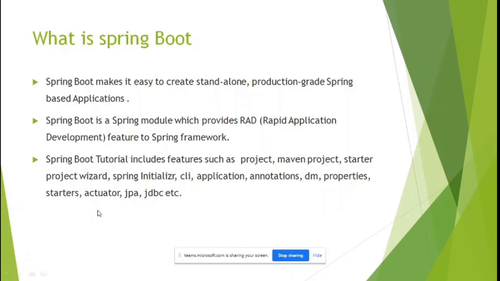And Spring Boot provides another feature called actuator. It means when your application is running on a server, you want to check the metrics of the application, the health of the application, how it is working, and what is the utilization of the threads in a server, and what is the status of your application. You can trace it when it is under execution. Such health-grade, production-grade features we can observe by using the actuator library.